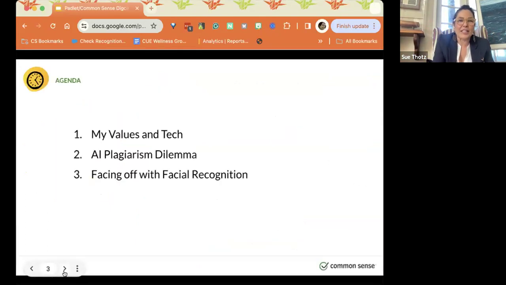So we're going to get started. My agenda today is very simple. I'm going to go through a few lessons. I'm going to go through one that is for 6th through 12th graders that relates to digital wellness. We have a whole collection of digital wellness lessons, and I feel like this is a great one to just get started and think about what are your personal values, or the values within your community, and how does technology influence those values.